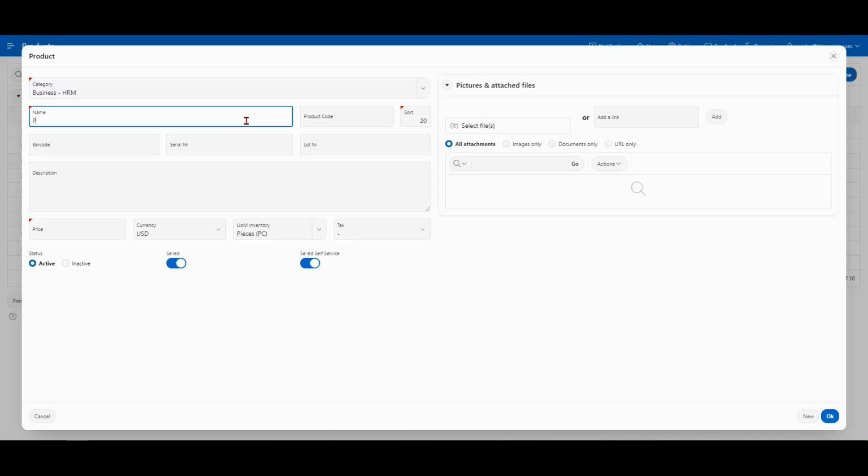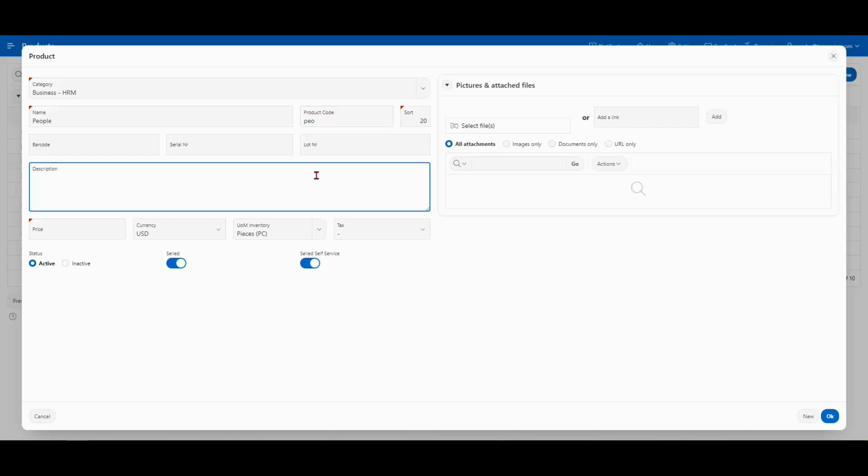Type in the price of the product and select the currency from the drop-down menu. Enter the barcode and serial number for product tracking and identification if applicable. Provide a detailed description of the product. Choose whether the product is active or inactive and toggle on Sold Self-Service if the product is available in Check-and-Go